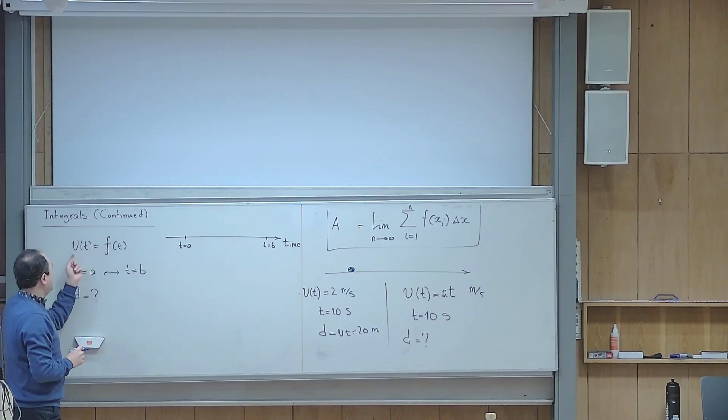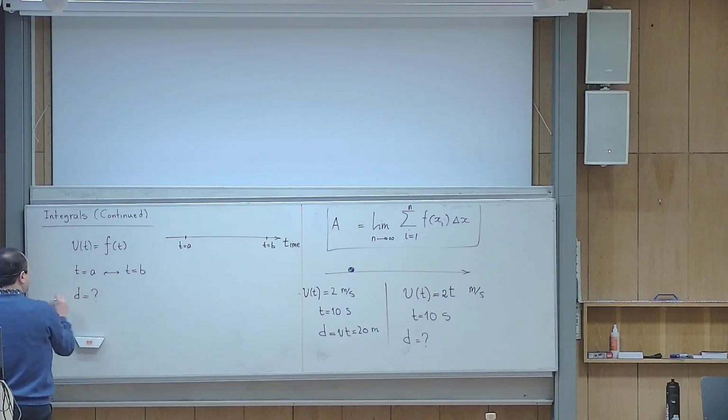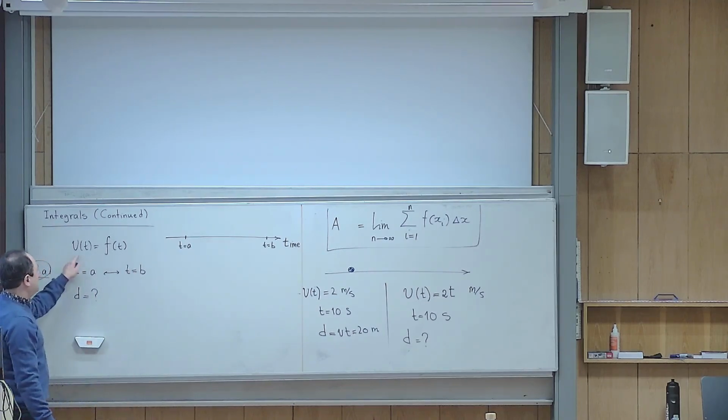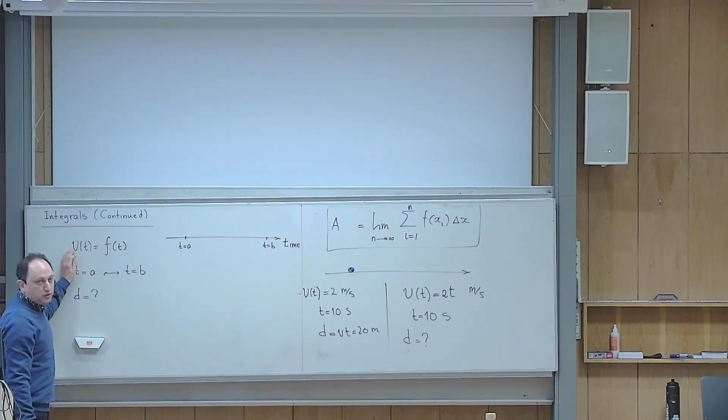Because you know that you cannot say v of t multiplied by the time interval. So what is the length of the interval? This is the time that has passed from the initial time to the final time. But I hope that you agree that you cannot multiply this by f of t and say that is the distance traveled because the speed is changing. So what we do,